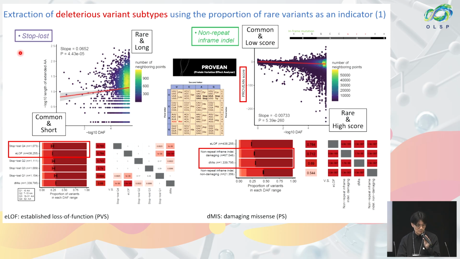So in the case of stop-loss variants, we found that those causing addition of long abnormal amino acids, say those introducing abnormal 30 or more amino acids, are as enriched for very rare variants as established loss of function